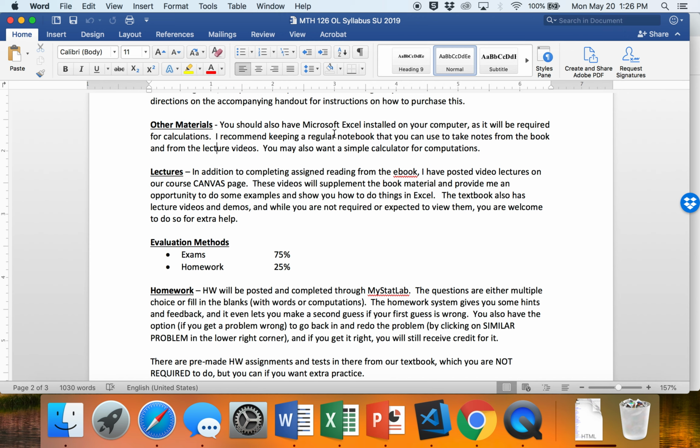You can have any version of Microsoft Excel, should be all right, even if it's a 5 or 6 year old version. It should have all of the features that you need, so you don't need to go buy the latest version. But you do need to have access to it regularly for exams and for homework and things like that. So if you don't have any access whatsoever to Excel, you probably will have to purchase it. I don't know exactly how much it is, but if you get it as part of Microsoft Office versus buying it by itself,